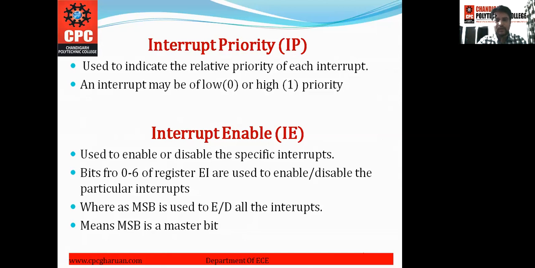If we want to enable any type of interrupt, then the IE bit should be enabled, and if we want to disable all the interrupts, then we make IE disabled. For enabling, we write a high signal, and for disabling, we send it a 0. Bits 0 to 6 of the register IE are used to enable and disable the particular interrupts, whereas the MSB, that is the most significant bit, is used to enable or disable all the interrupts.